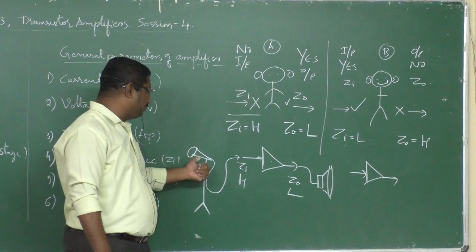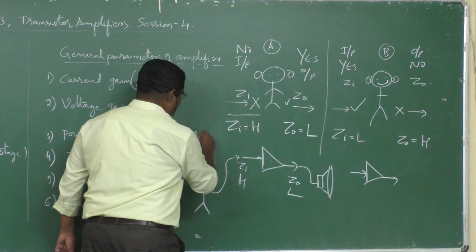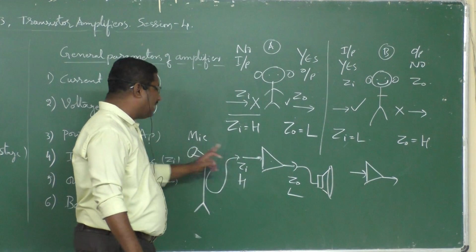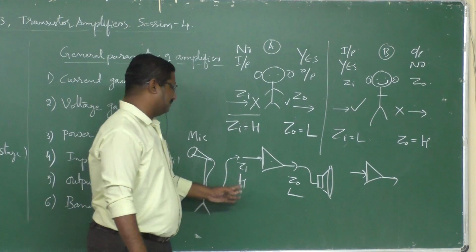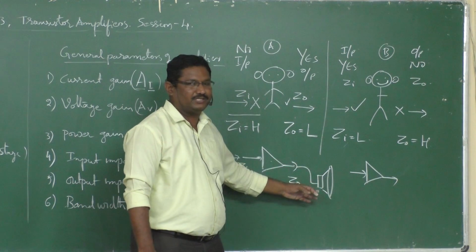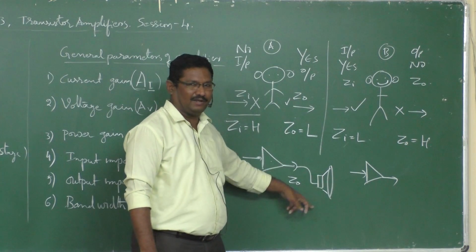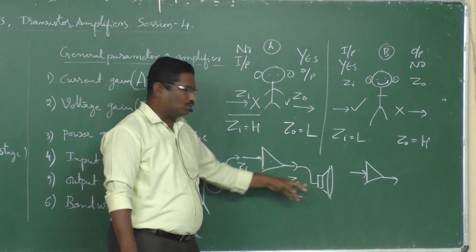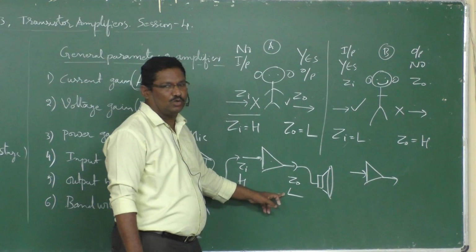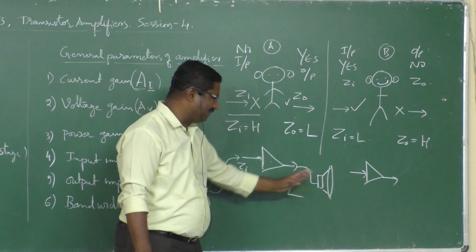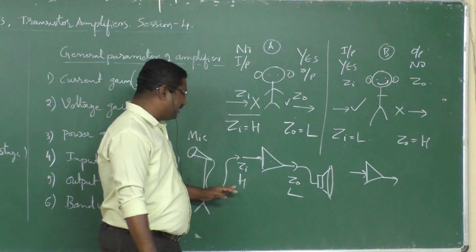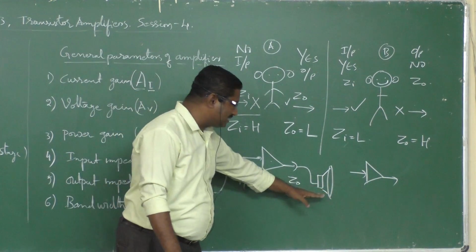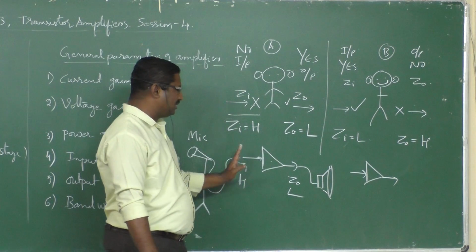So there is an input device. This is the microphone. This microphone is giving only signal, and that signal the amplifier will ask for, but it will not ask for any current from the microphone. And then the loudspeaker is in need of signal as well as current. So more current and more voltage is needed. That current and voltage is given to the output because output impedance is low. Whatever current it needs, that amount of current will be given to the output. So input impedance is more and output impedance is less.